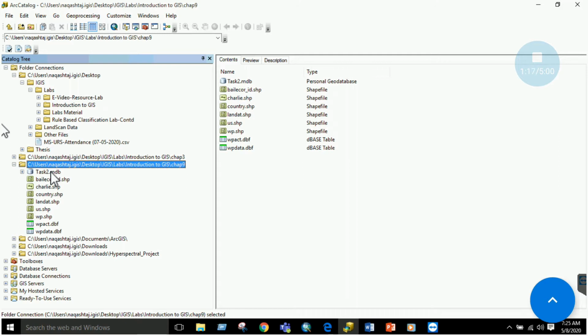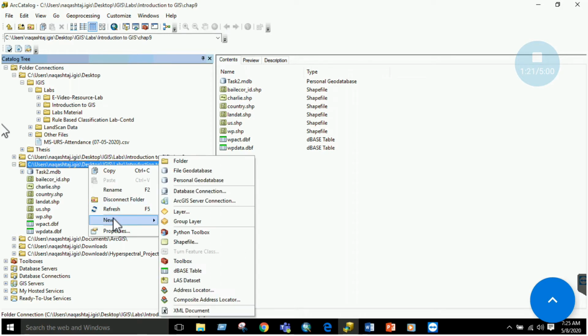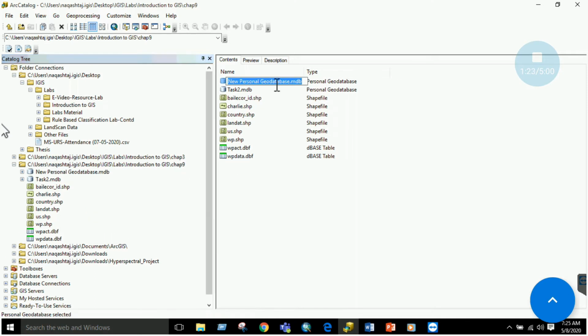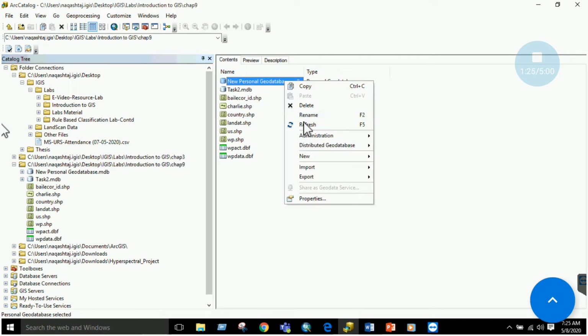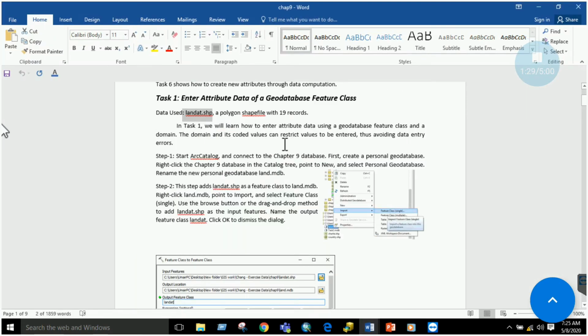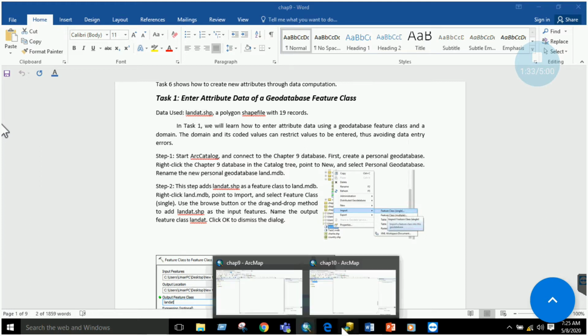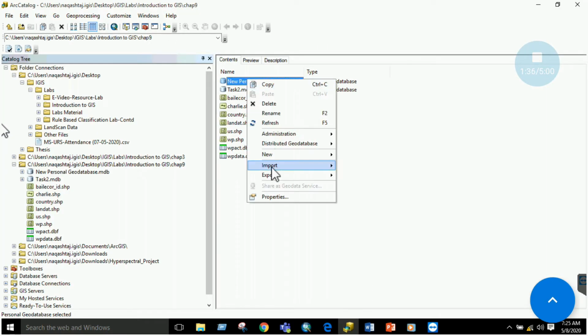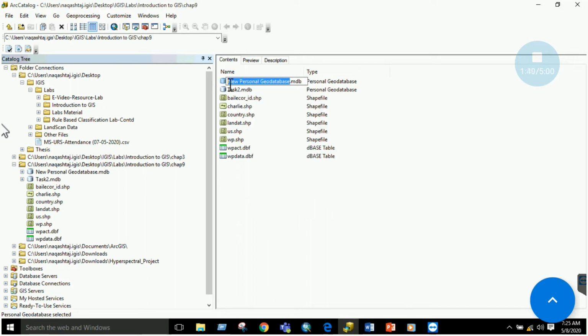Now the next thing you have to do is to create a new personal geodatabase, and you have to rename this geodatabase as mentioned in the Word file to land.mdb. Just click and rename land.mdb.